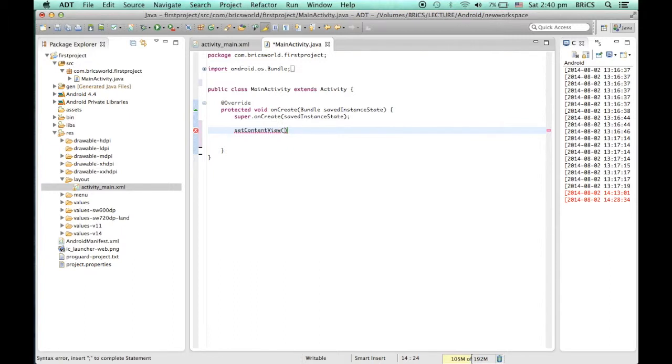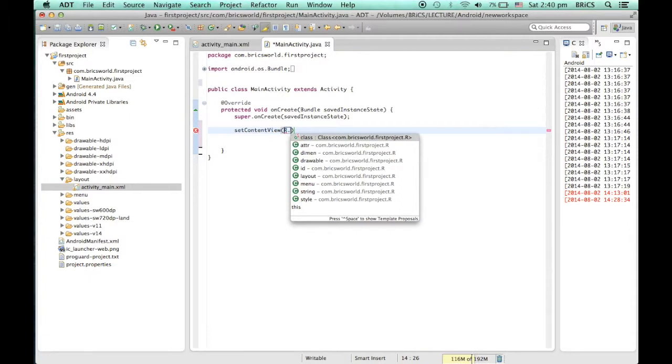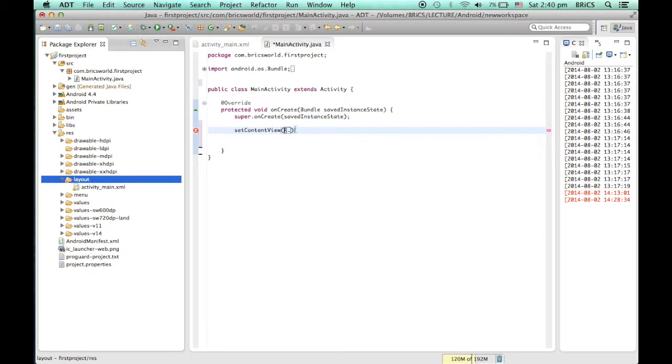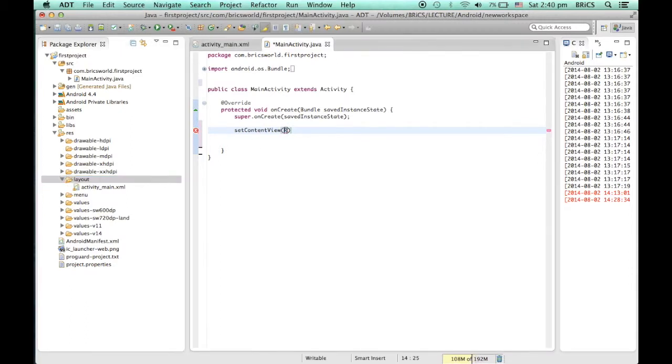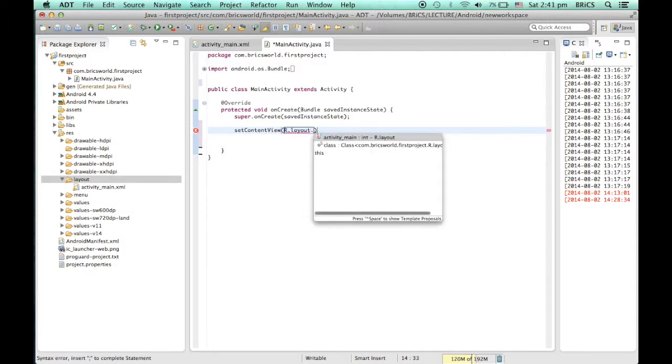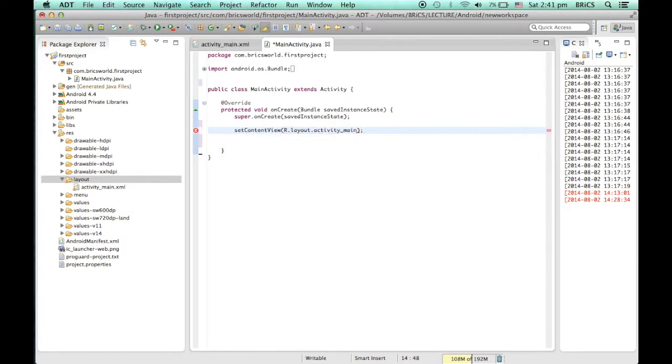So we write the address of this file in this bracket. To give the address, we type R dot, then the folder name, layout. If you type l, it will come up: R.layout dot the name of the file, that is activity_main.